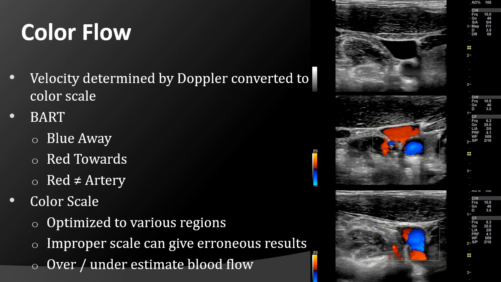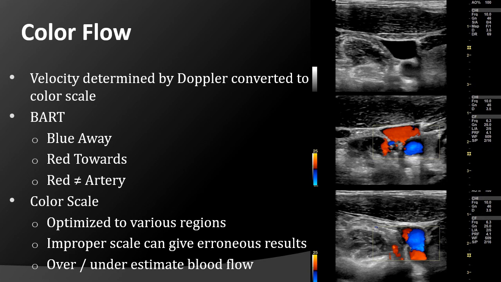On the three images to the right of the screen, we have the IJ and the carotid artery, respectively. The top image is just your typical B or brightness mode. Here's the vein, here's the artery. On the next image, down here in the middle, we're holding the vascular probe oriented slightly towards the patient's head. In this particular case, blue away corresponds to the artery because the artery is pumping blood from the heart towards the head. With the probe angled slightly towards the head, a venous return is coming towards the probe and is